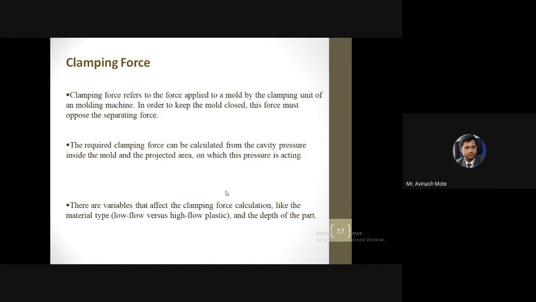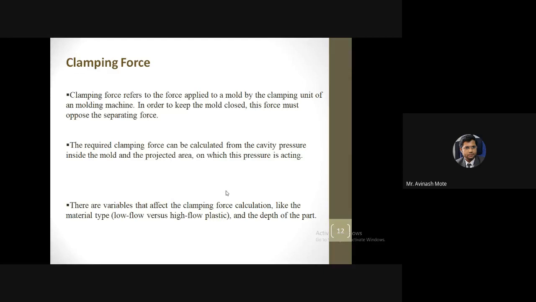If the temperature range is less, that temperature part we have discussed in detail in mold heating. If the temperature range is less, flowability is less. Less flowability means apply more pressure. If the temperature range is optimum, not high, the material will flow easily, so that we can get good flowability.